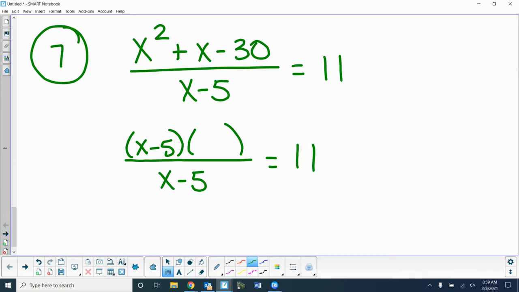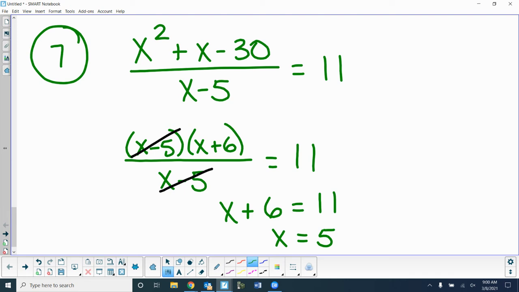Okay? So, what's got to be in this front? X, right? And then what's negative 30 divided by negative 5? Positive 6. So what happens to the x minus 5s? They cancel. Okay? So, x plus 6 equals 11 gives me x equals